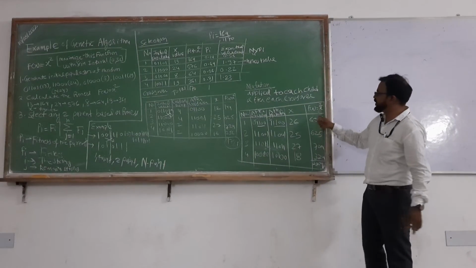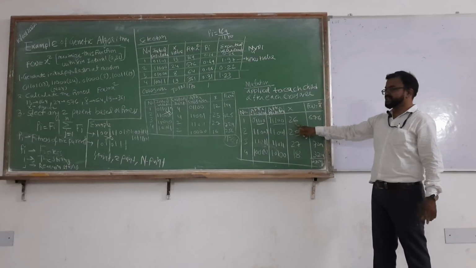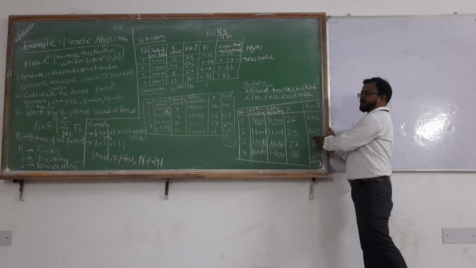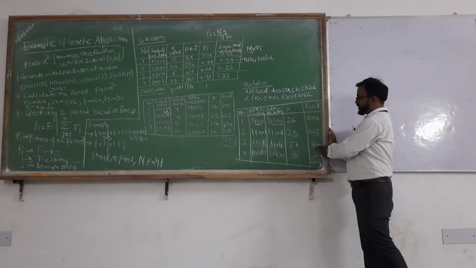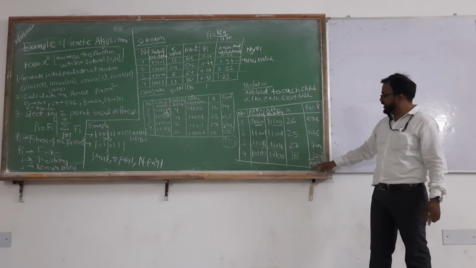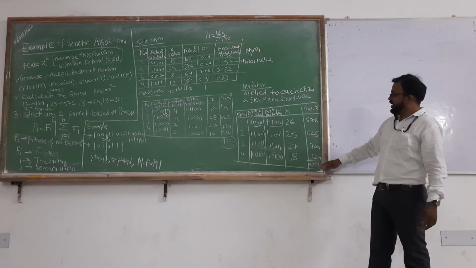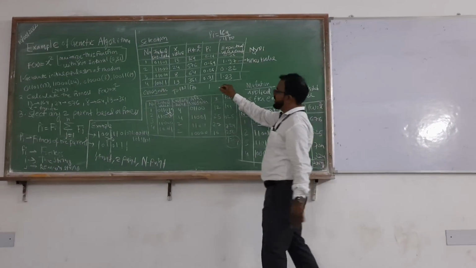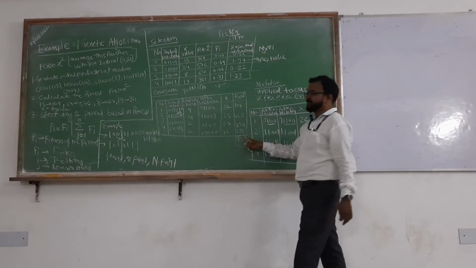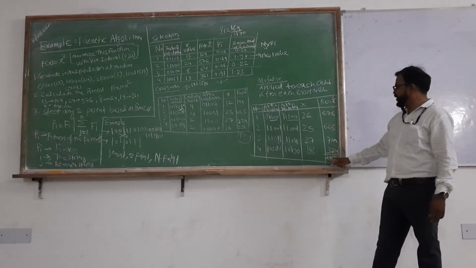So here you can see that with f(x) = x square, you get 26 square, 676, 625, 729, 324. If you add all these terms, you are getting 2359, right? So here you can say that before the selection it is 1170, after the crossover it becomes 1756, and after the mutation it becomes 2359.